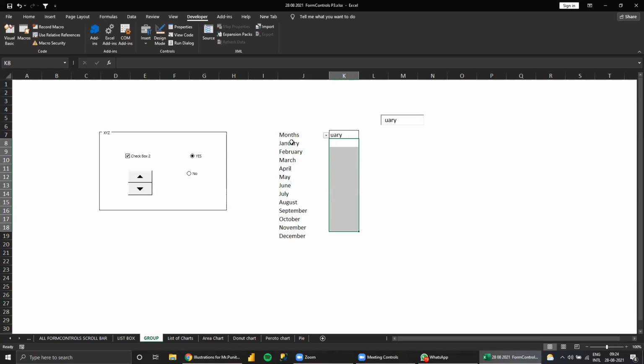Whether this contains it or not, how can you make out? Which formula can you use? Sure, lookup with wildcard. I need to know. See, UARY is there. So how do you find out whether UARY is there in the cell content or not? VLOOKUP is a lookup. Now this is not VLOOKUP.